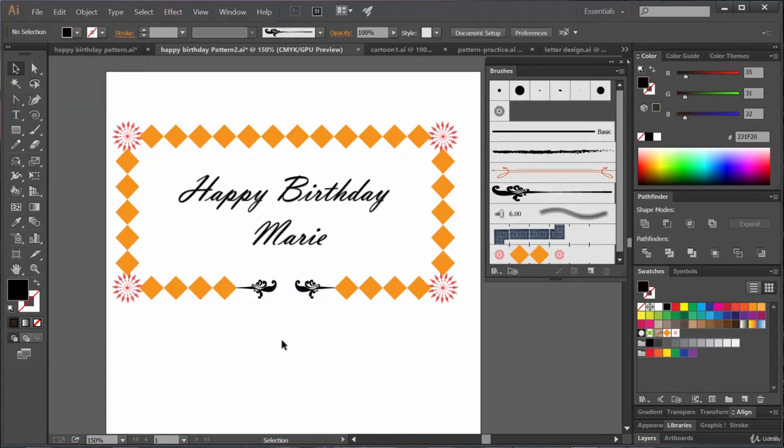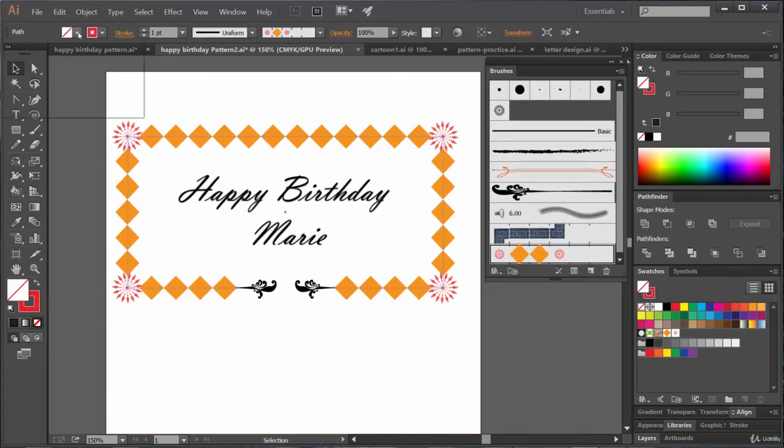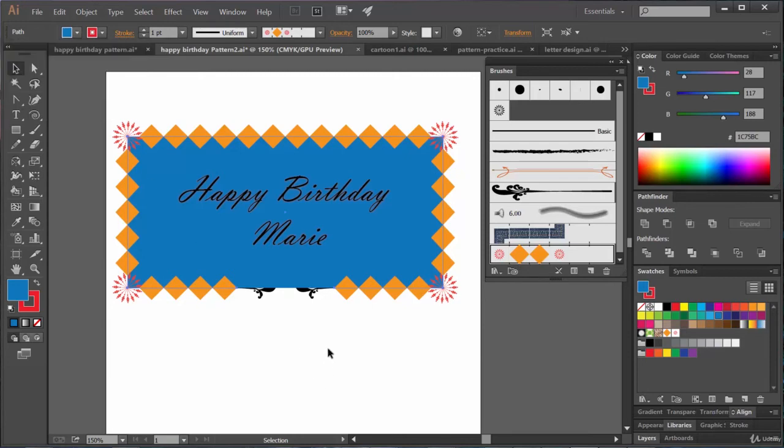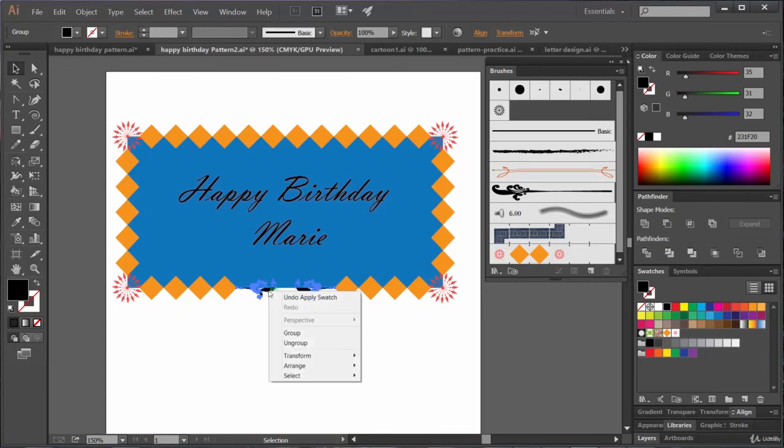You can make it black. Yeah, okay. And another thing, let's select this rectangle, and also you can change its fill color. See, just like this. And for doing this, you can select these two shapes, I mean the last two shapes that we have drawn at the end. Go to arrange and bring to front. There you go.